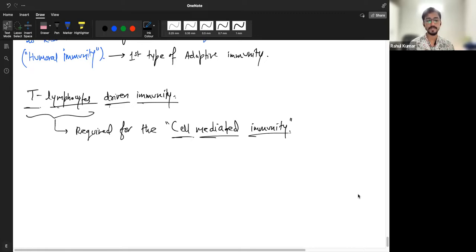In very rare circumstances, if someone is in dire need of that blood and you are the only person with that blood group, then they ask if you can give 2 units. I have not seen anyone taking more than 2 units, because you also need blood in your body, right? And you need time to remake that blood. So blood is remade. One unit of blood donated, your body can remake within a few days, 2-3 days. That's not a problem.